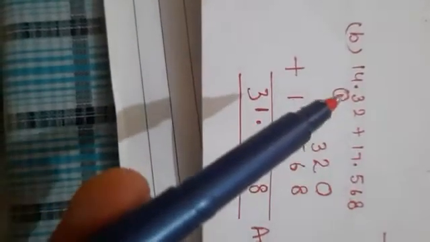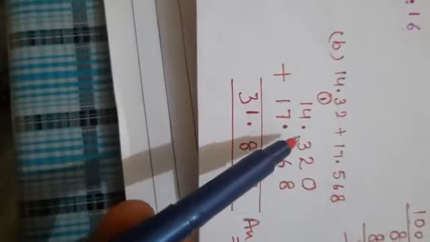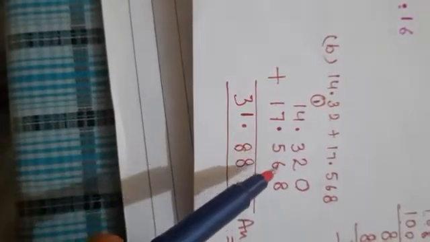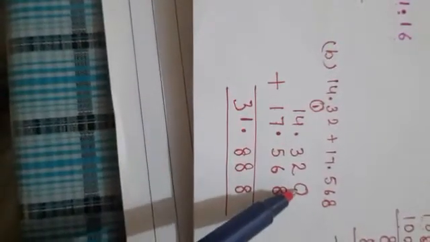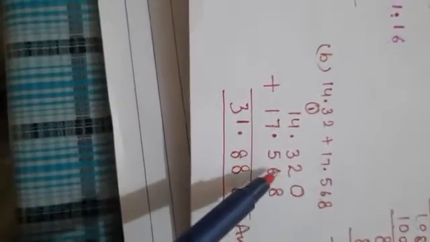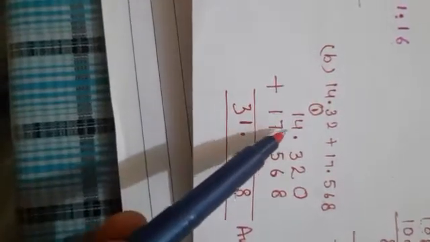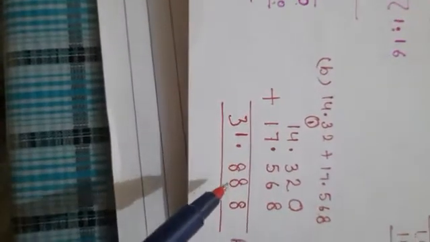See, this B part is also the same. I have written 14.332 plus 17.568. When we write it, first we write the upper number 14.332. Then the second number we write downside of the decimal: 5, 6 and 8 on this side, and 7 and 1 here. Here not any number was there, so I have put 0. Then you can add, you all know how to do addition. 8 plus 2 is 10, 6 plus 5 is 11, 1 carry, 1 plus 4 is 5, 3 plus 8 is 11, and so 31.888 is the answer. Clear to all?